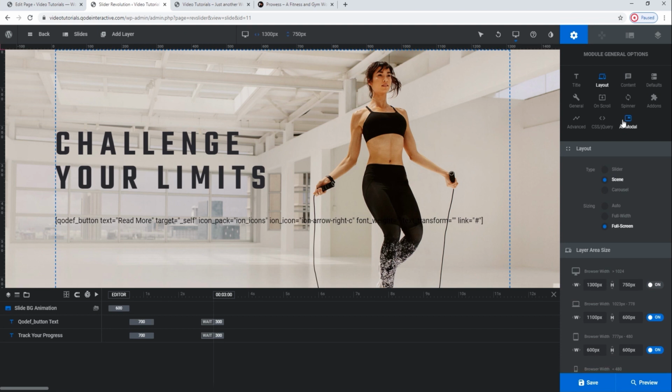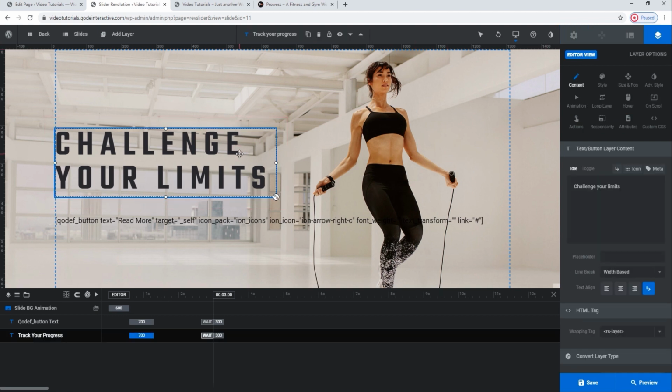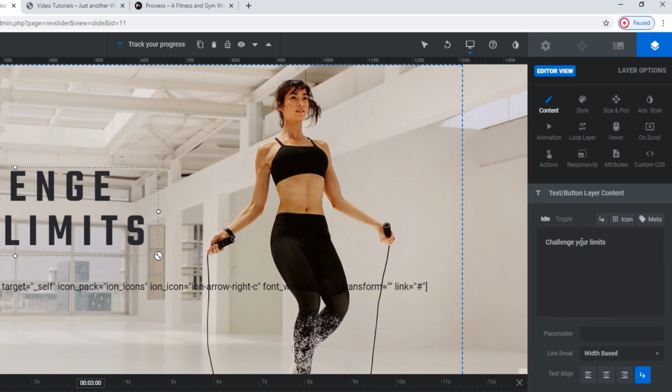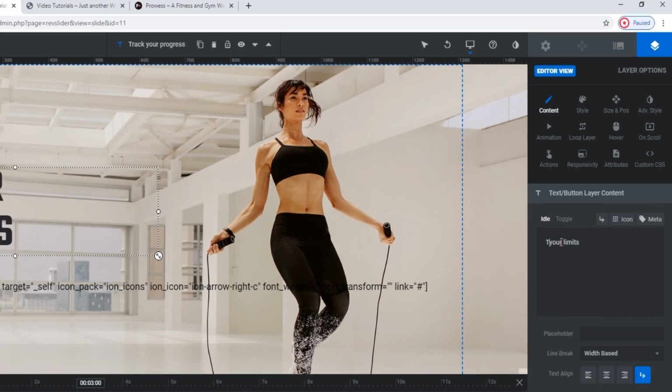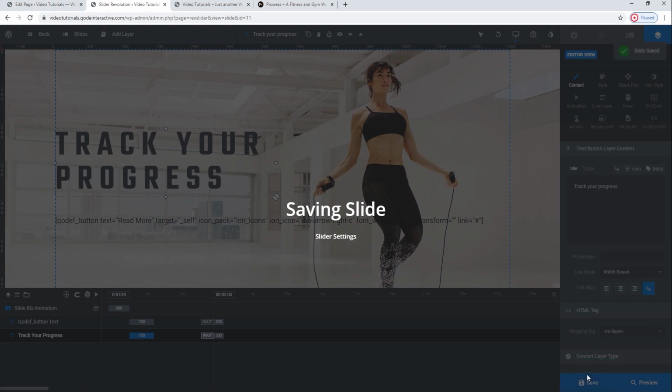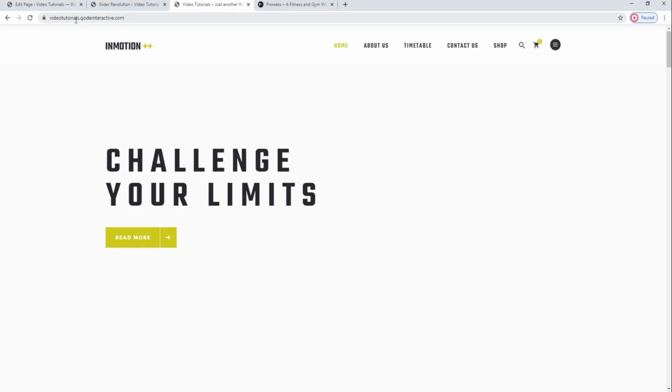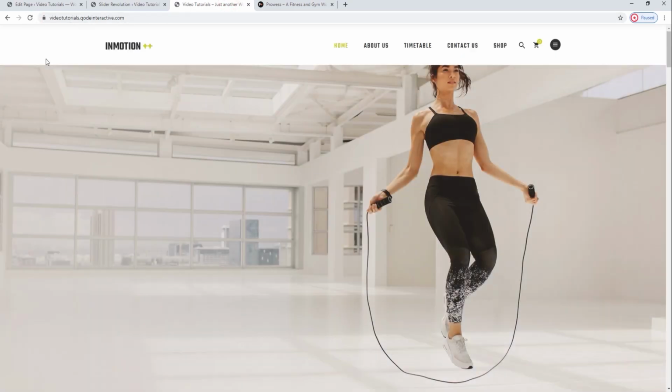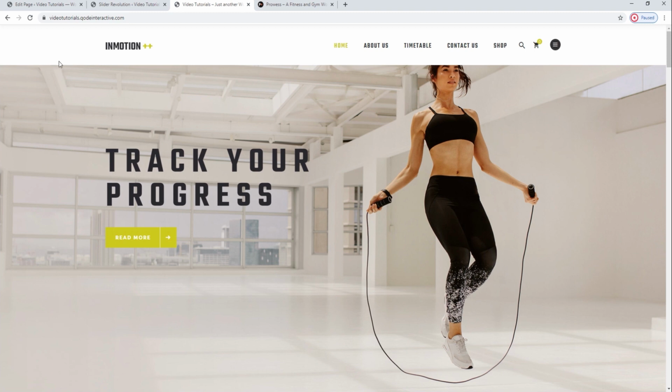The next thing we'll change is the text that's part of our slider. Just click on the text area on the slider image and it will unroll the settings in the sidebar. We'll keep the current style and we'll just change the text. Let's save the changes and go to the live site to see what our latest edits look like. Now we have a new background and new text.